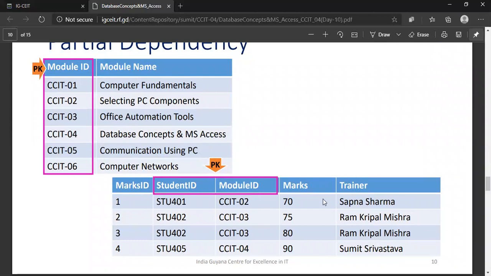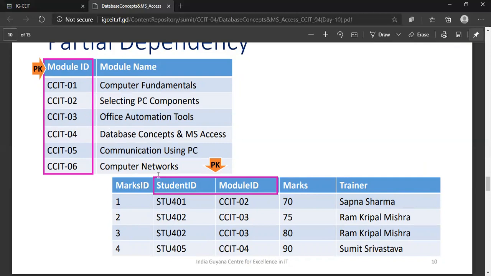If I remove student ID from this particular table and use marks ID as a primary key, I can find the name of the module easily. What I need for the module name, I need a module ID. So I'll use a module ID to see the name of the module.